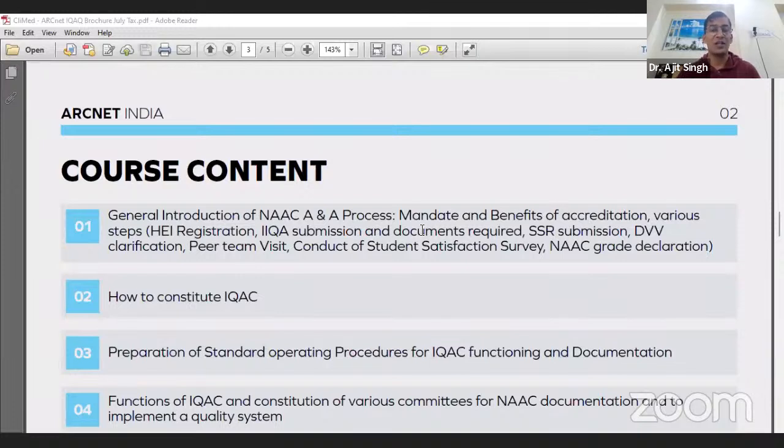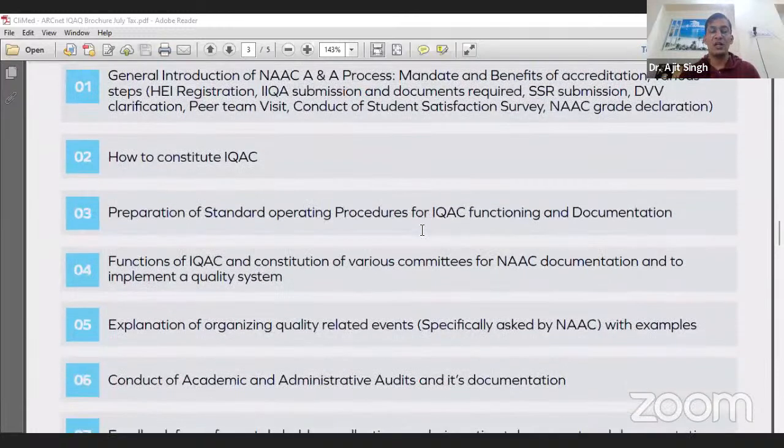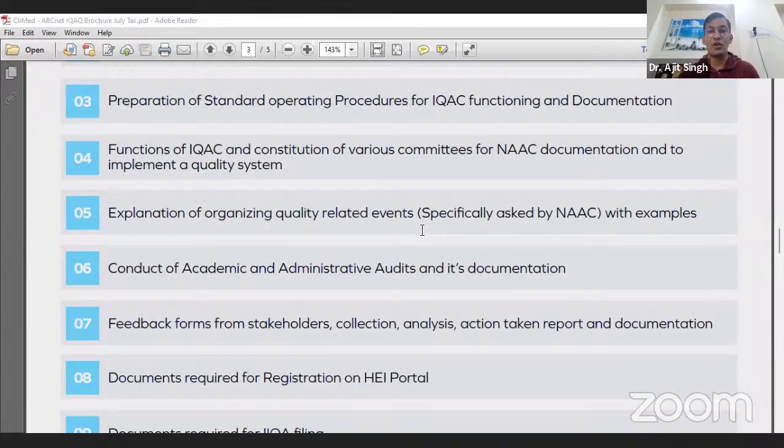And if not, then we are going to share the video with you. We are going to share the entire part of what we are going to cover. So sir has described it very nicely. You can see here, we are including the general introduction to the NAAC A&A process, everything, and how to constitute IQAC, preparations and standard operating procedures for IQAC functioning and documentation, and all NAAC documentation